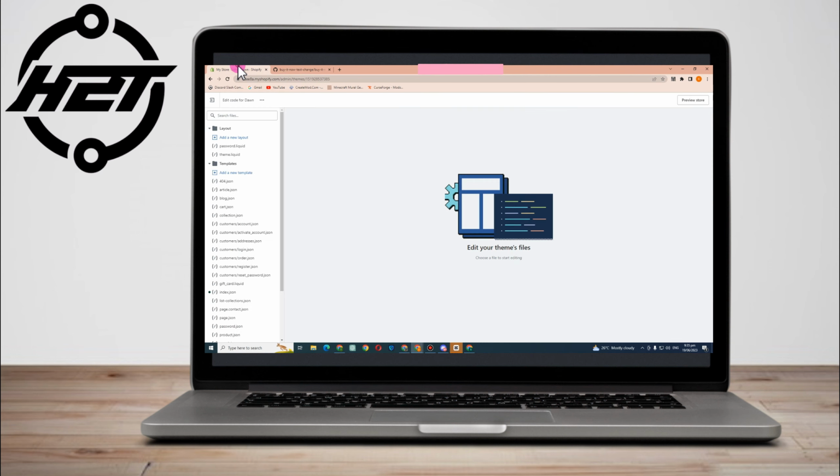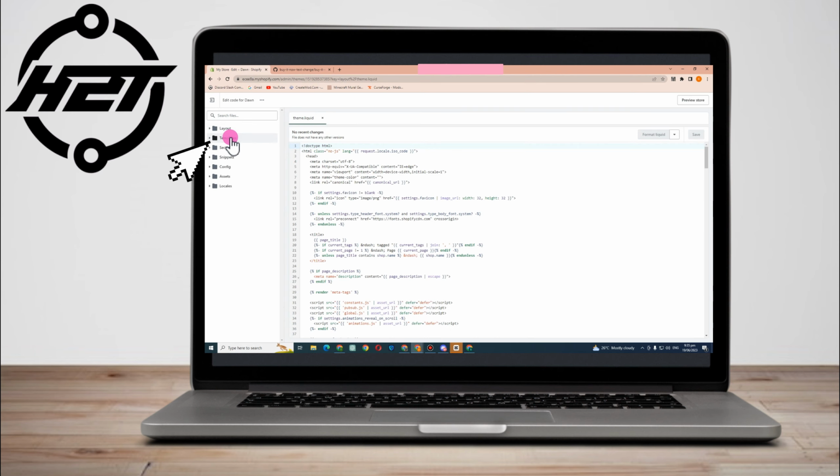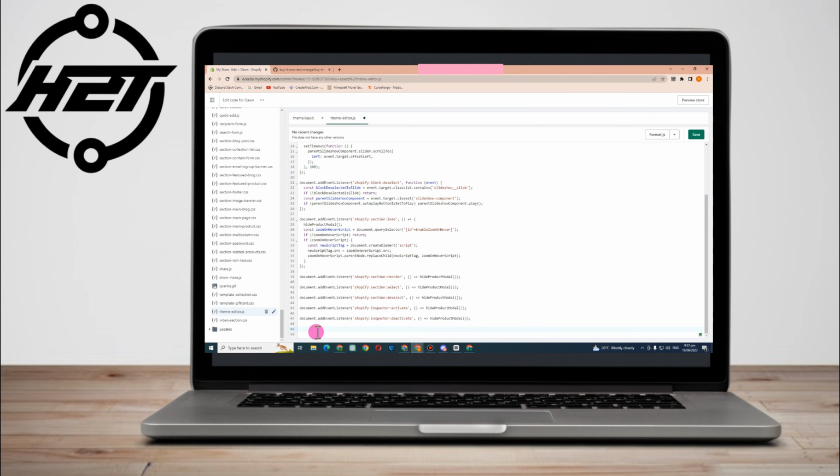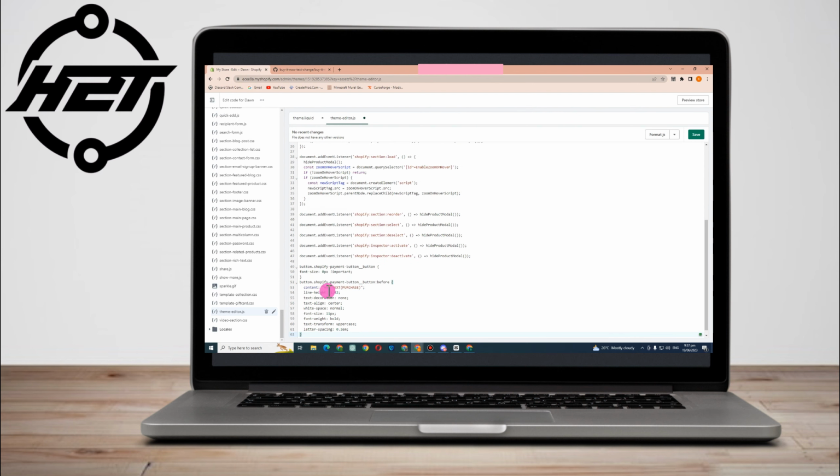Okay, so go back to your Shopify and then click this templates here. Now go to assets and then look for themes. I think you just have to scroll down. Okay, this one. Now, once you're here, you have to scroll down and paste the code that you have copied